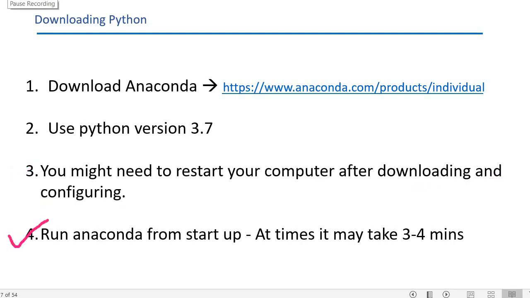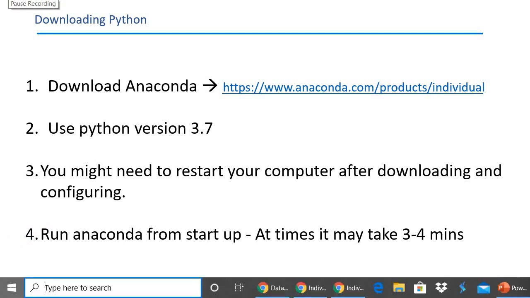Which means before proceeding to step number 4, if you're not able to open the software from your local system, you might need to restart your system. Between step number 3 and step number 4, you might need to restart your system. It depends upon certain system configurations. We'll proceed straight to step number 4, and assume that you don't need to restart your computer. So in case you have downloaded and configured your software appropriately, step number 4 requires starting up Anaconda from